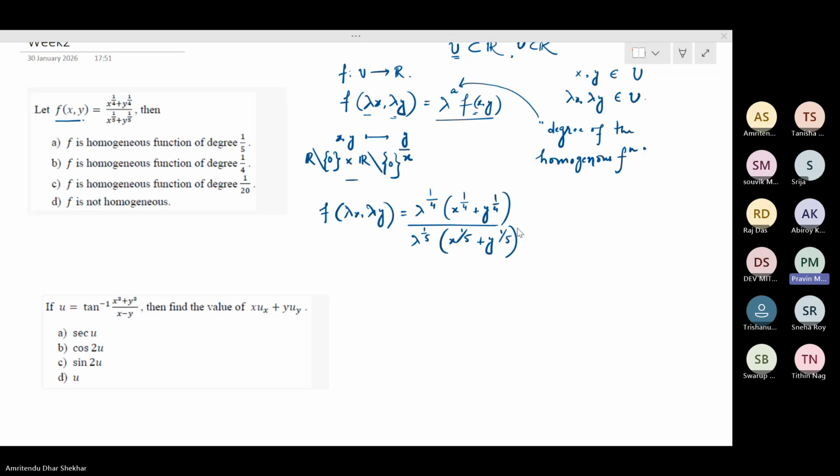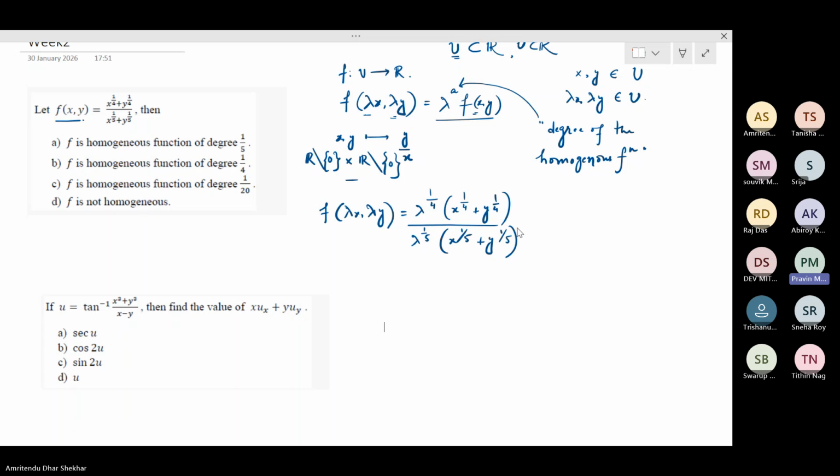You explained that lambda to the 1 by 4 times lambda to the 1 by 5. So this is the formula for the degree of a homogeneous function. So the answer will be lambda to the 1 by 20, correct? Yes. Okay, so this is the prerequisite. A prerequisite for what? So for a function to be